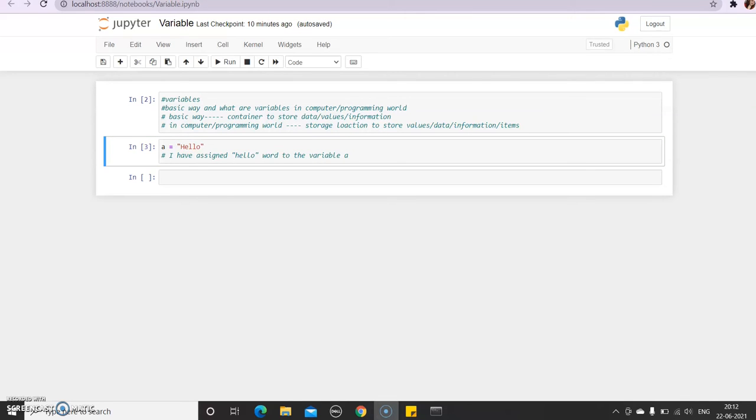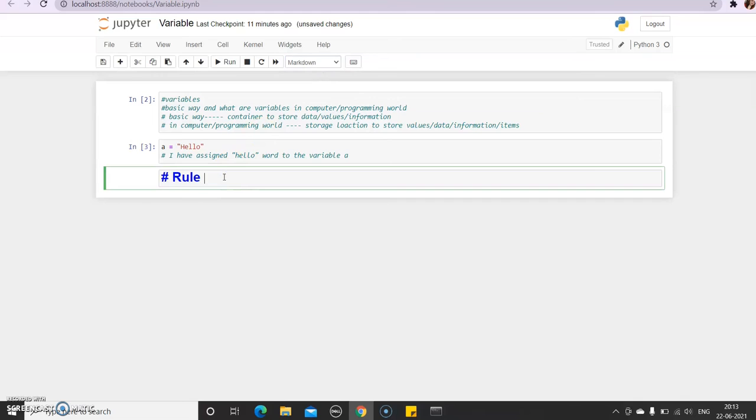In the later stage of programming, you will come to know that you don't need a value just one single time. It might happen that you are going to need that particular value multiple times, and it is very easy to label data with some descriptive name. I am going to use Markdown. This is a very important topic, guys.